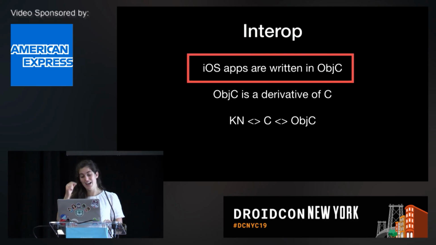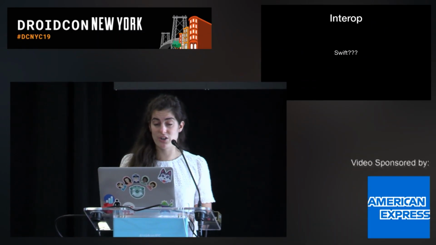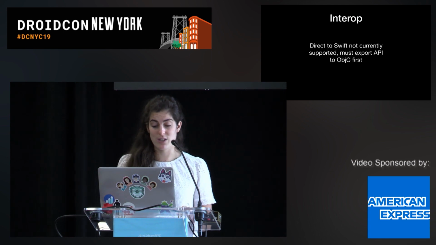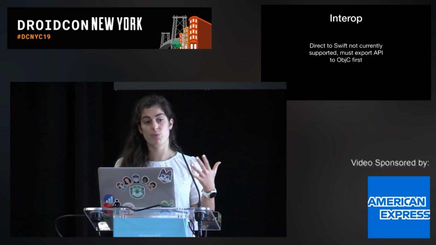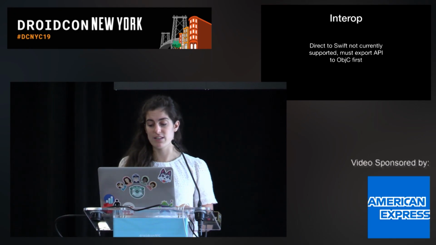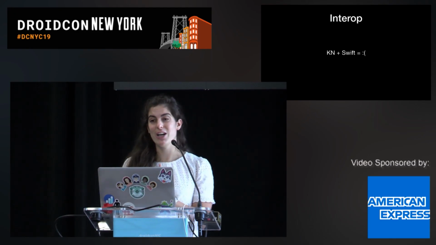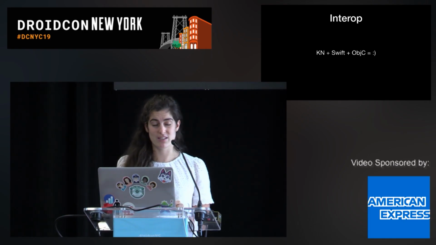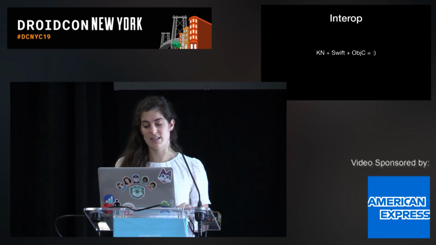Now, if any of you work in iOS, you're probably looking at this statement and being like, whoa, slow down, what about Swift? And actually, now that you have heard the last few slides, you can probably answer this question on your own, which is that Kotlin Native targets interop with C. Swift is not a C derivative language, so directly using Kotlin Native with Swift is not actually supported. You need to export your API to Objective-C first, which does not mean that if you are a Swift app writer you cannot use Kotlin Native. It just means that you can't do it without at least a little Objective-C defining this API layer, because we need a way to translate.